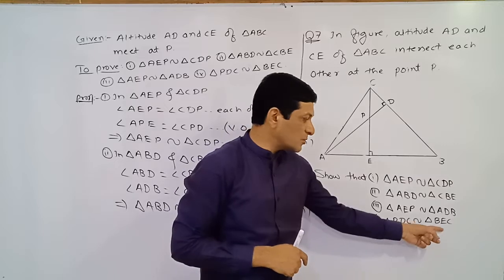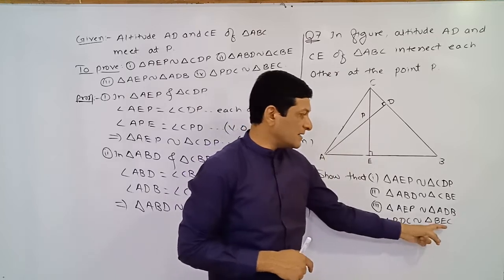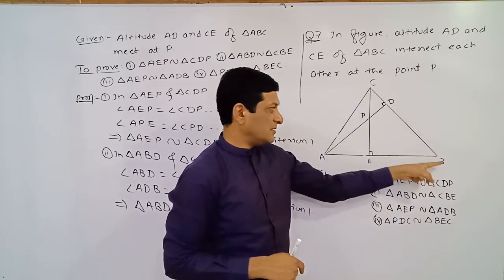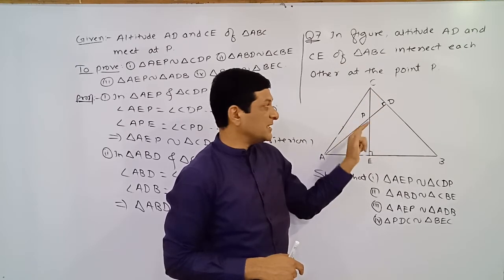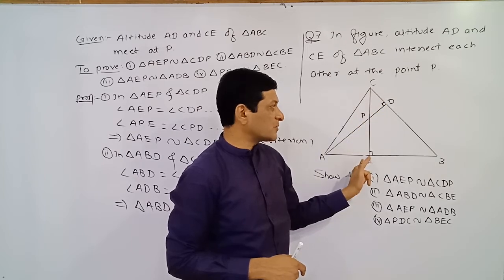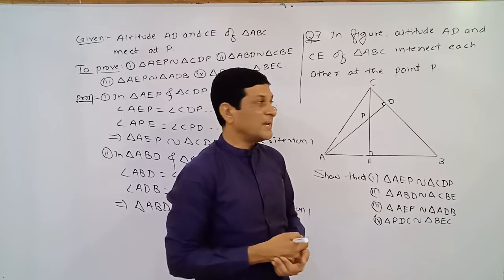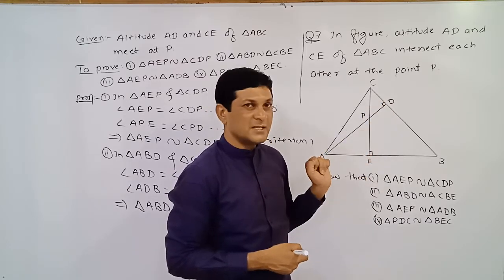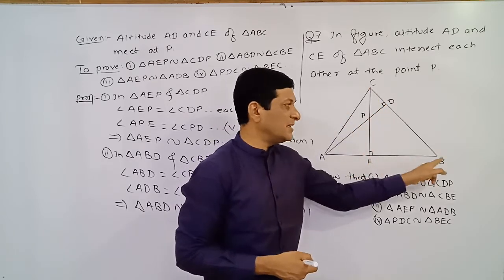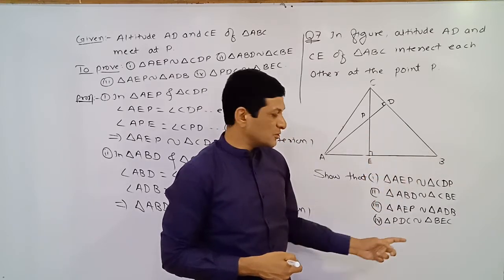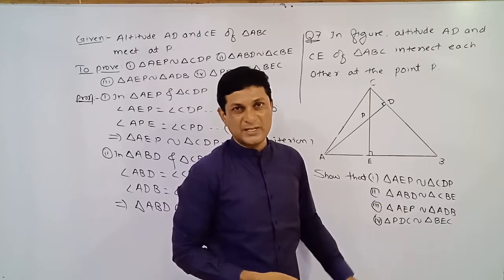And lastly, observe triangle PDC and triangle BEC. In these two triangles, angle C is the common angle, meaning angle PCD is equal to angle ECB. So C is the common angle and the second condition is what? Two angles are 90 degrees. Here angle D is 90 degrees and here angle E is 90 degrees. Angle CDP is equal to angle CEB. So each is 90 degrees, meaning we are able to show that these two triangles are also similar by AA criteria. Hope you are able to complete the last two examples yourself.